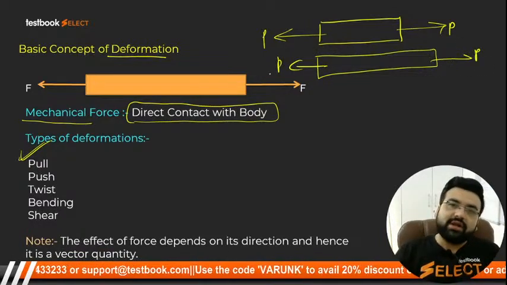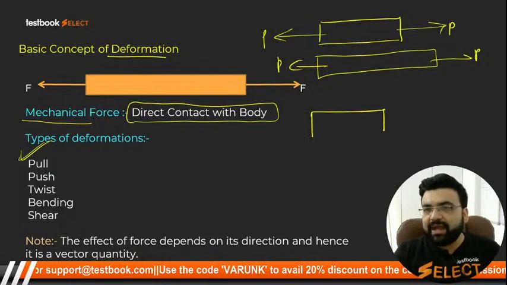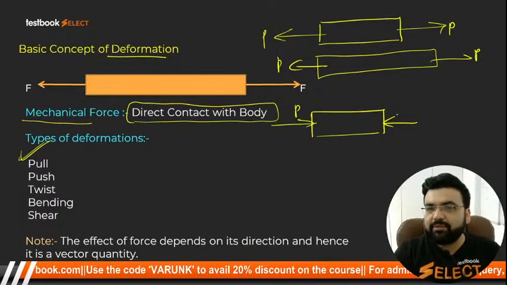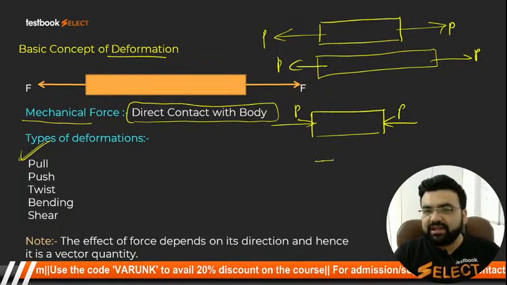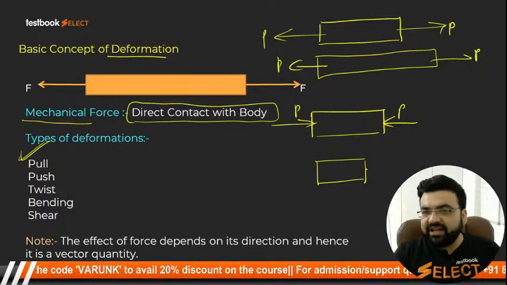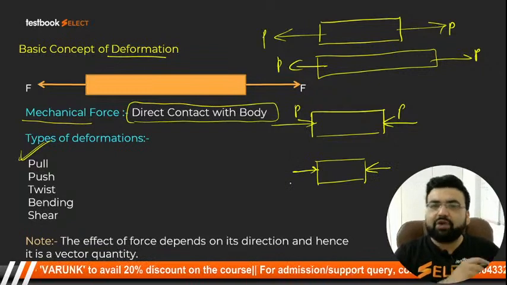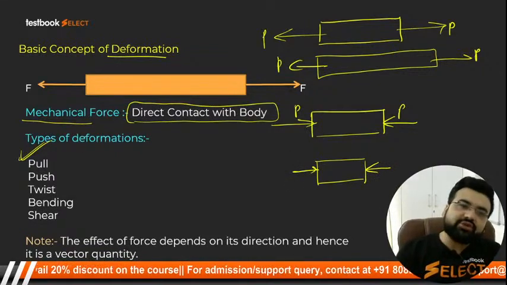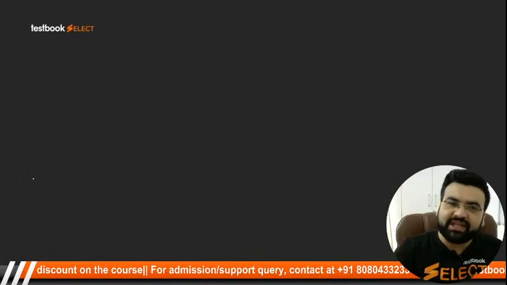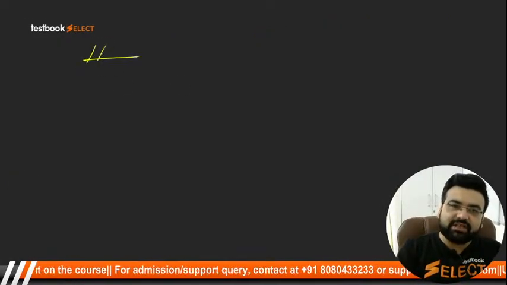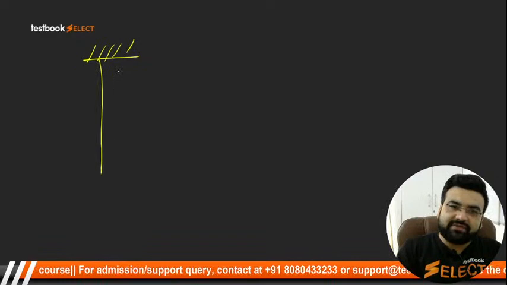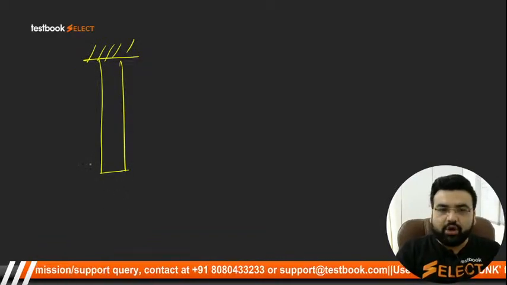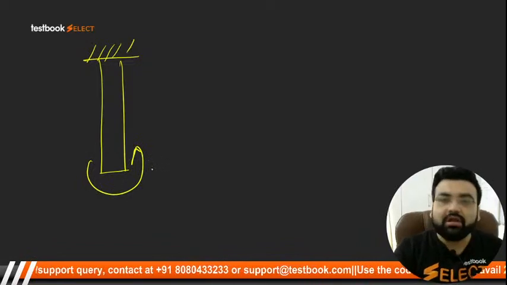This is a pull. Similarly students, if you are applying a compressive force, you are applying a force from here, you are applying a force from here, after some time this length will certainly decrease and this type of deformation is said to be a push. Similarly students, there might be a twist also. Twist meaning is that, let us say this was a rigid support and from the rigid support एक आपने मटेरियल को हंग कर दिया आपने और आपने इस टाइप से आपने इसको ट्विस्टिंग दिया.